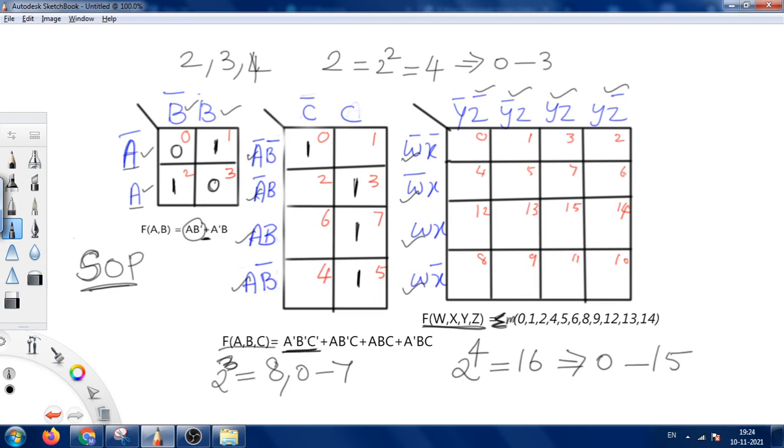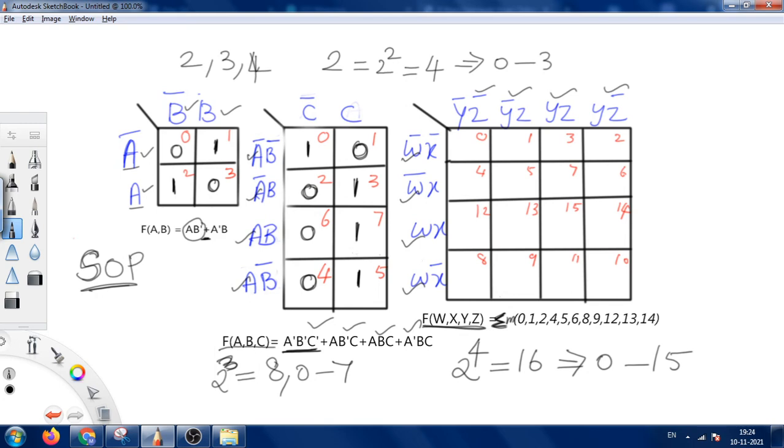Okay, so that's all, 1, 2, 3 and 4 terms. You have filled all the 4 terms, all the 4 ones here. That means the remaining values are 0. We may or may not fill them, but let us fill them, to say that the remaining are 0, meaning they are absent. So among the 8 min terms, 4 min terms are present in the equation. We put 1 for these min terms, and the remaining terms are missing, so we put a 0 in the position of these min terms. Okay, so this is how to fill the 3 variable Karnaugh map.